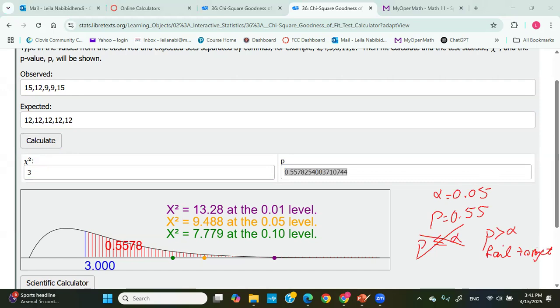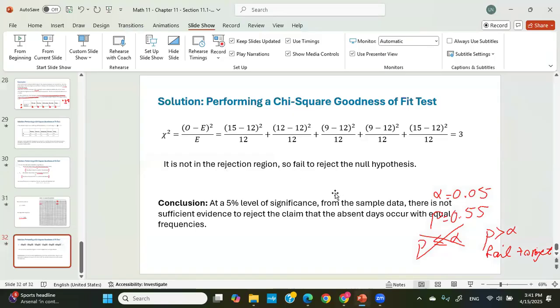And you know that with the rejection region method, we also made this decision and we failed to reject the null. So we can say at the 5% level of significance, there is not enough evidence to reject the